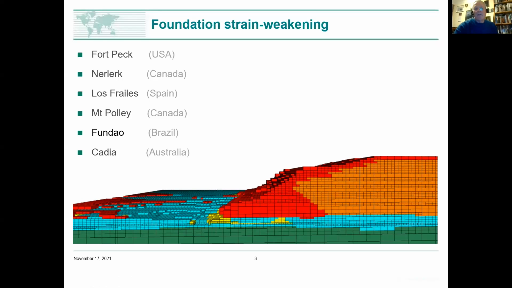And this is true of most of our famous liquefaction cases: Fort Peck, Nerlerk, Los Frailes, Mount Polley, Fundão, Cadia. They have a lot of things going on, and they are not simple liquefaction events. And if there are a lot of things going on, you can have a range of views over what is the truth, and that's not much use to you as a validation case. So